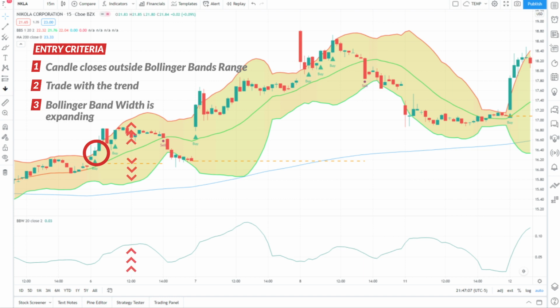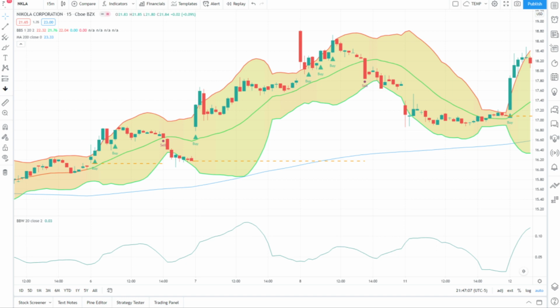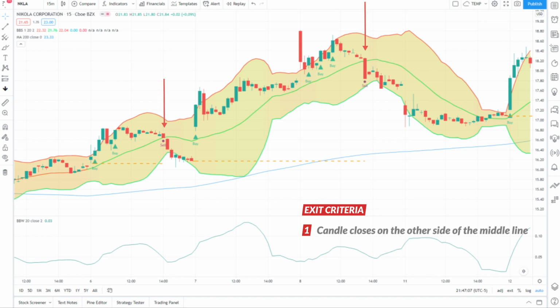To have a complete trading strategy, we must not only define our conditions for entry, but also our trade management plan and how we will go about exiting the position, either for profit or for a loss. There are many different ways to define at what point to take profits when trading this particular strategy. After many long hours of backtesting, the most manageable and consistently reliable method that we have identified for taking profits from the Bollinger Squeeze strategy is to sell our position when a candle closes on the other side of the middle line of the Bollinger Bands.